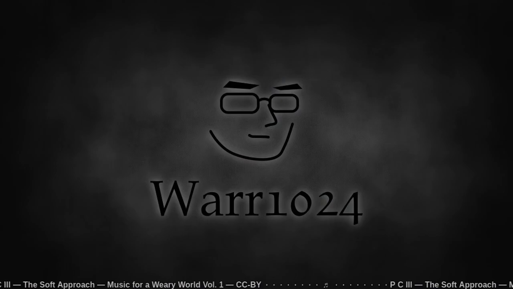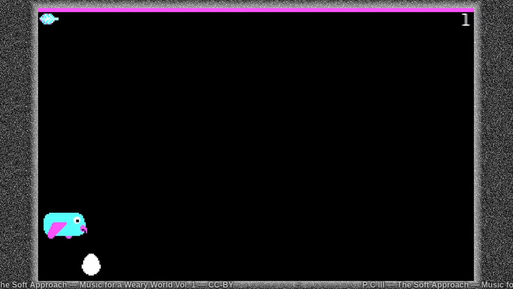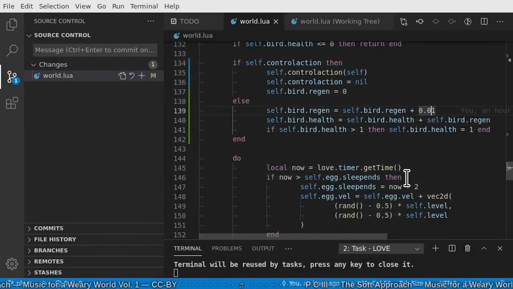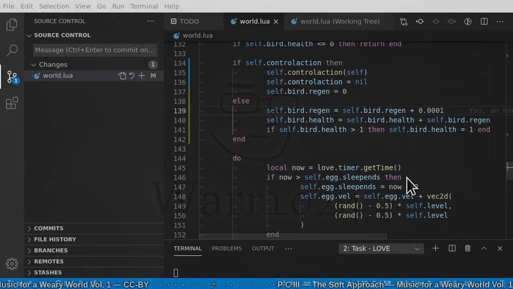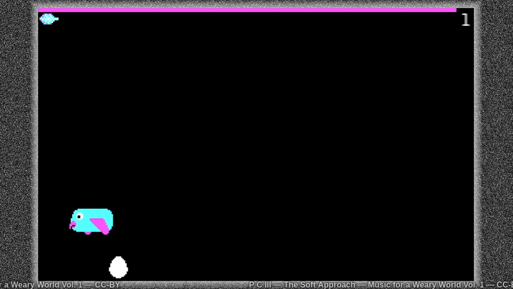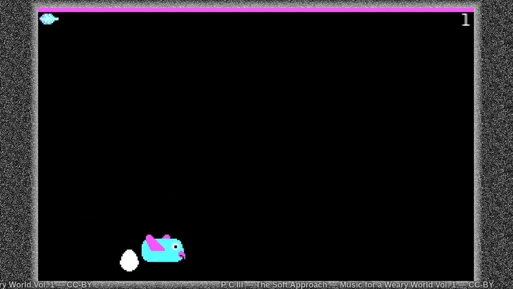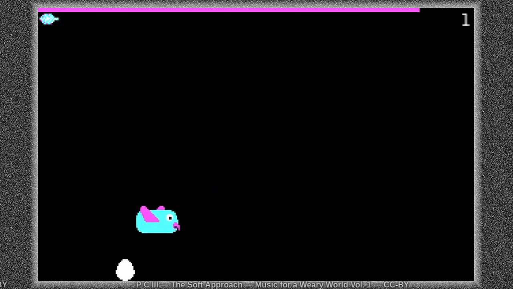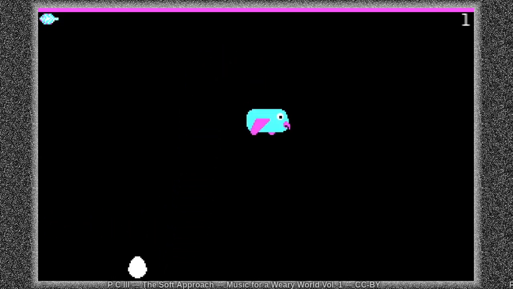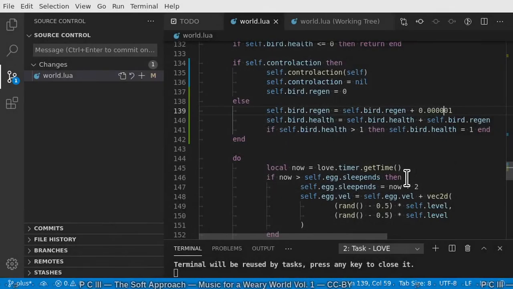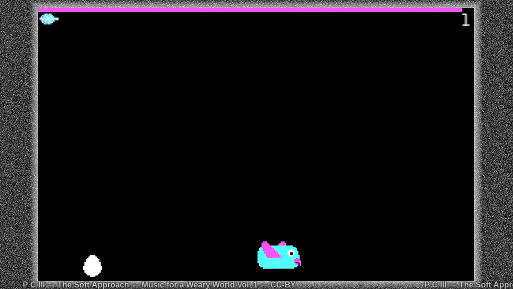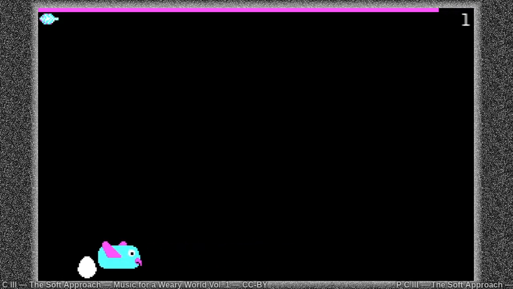This will probably be way too fast. Yeah. Let's make it a lot slower and see if that's way too slow. Oh no, that's not too slow at all. In fact, still way too fast. Okay, and then every time I flap or do something, it resets. So if I can stand still, I can heal faster and faster. But if I'm active,